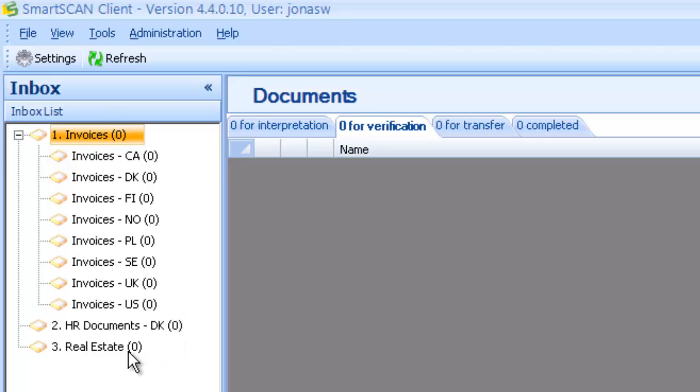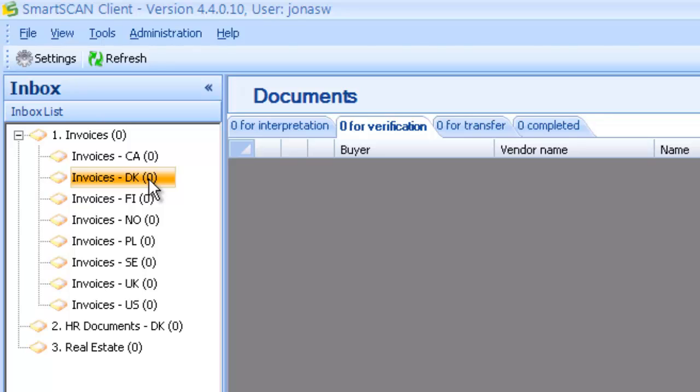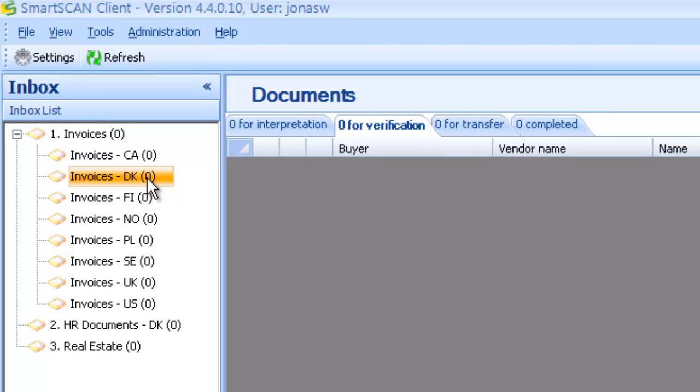Also, I see that there are inboxes for HR documents and real estate documents, which will also be processed using this application. I'll now start my day by focusing on invoices for Denmark. So I'll navigate to that inbox. Currently the inbox is empty, but just in a second or two you'll see that the 9 invoices